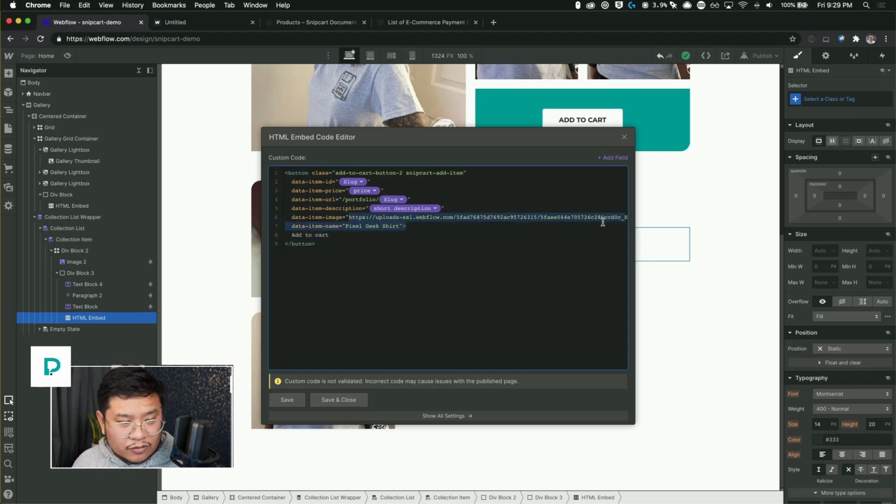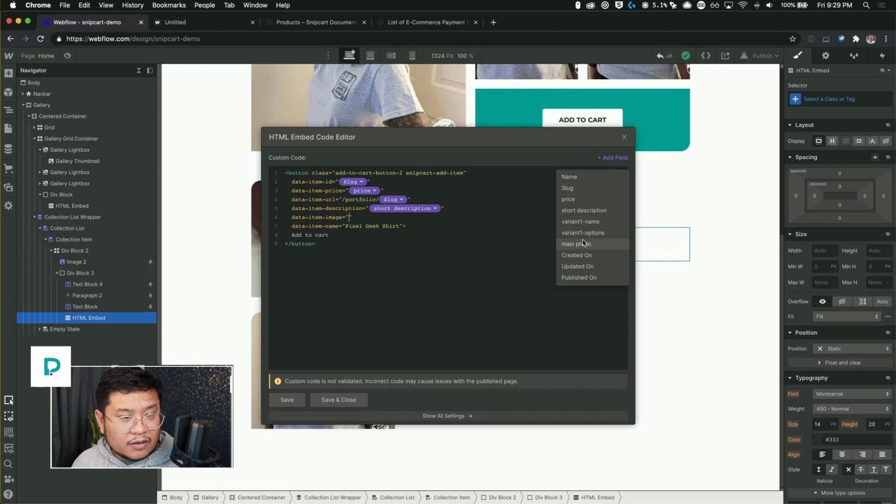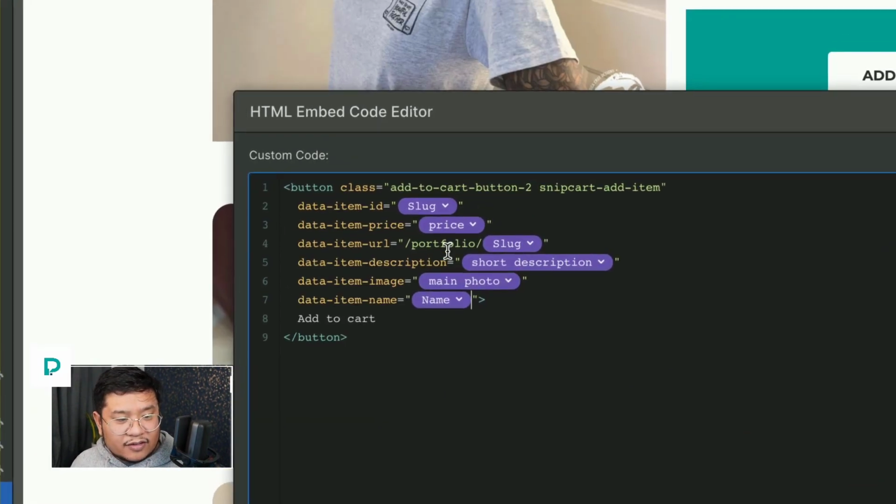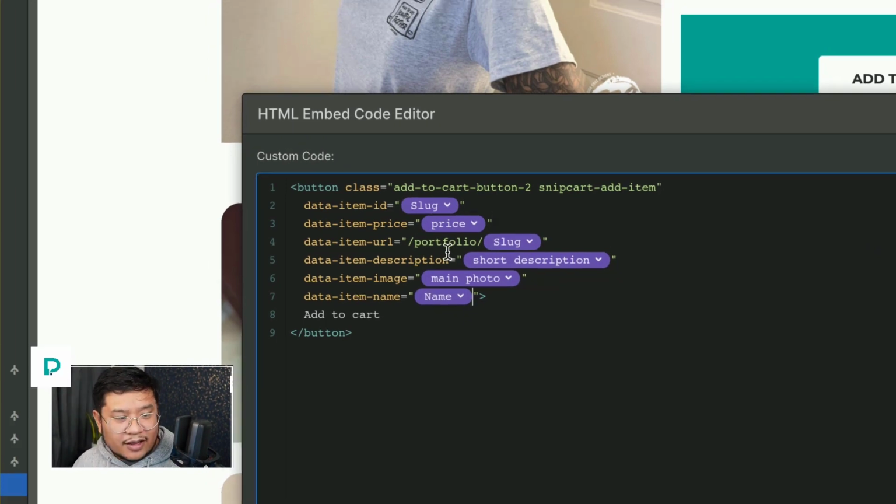So you see how this works, right? Let me delete this URL. So this image is going to be main photo. And lastly, the name is going to be name. So yeah, all these purple tags is data coming from a Webflow collection. All right.